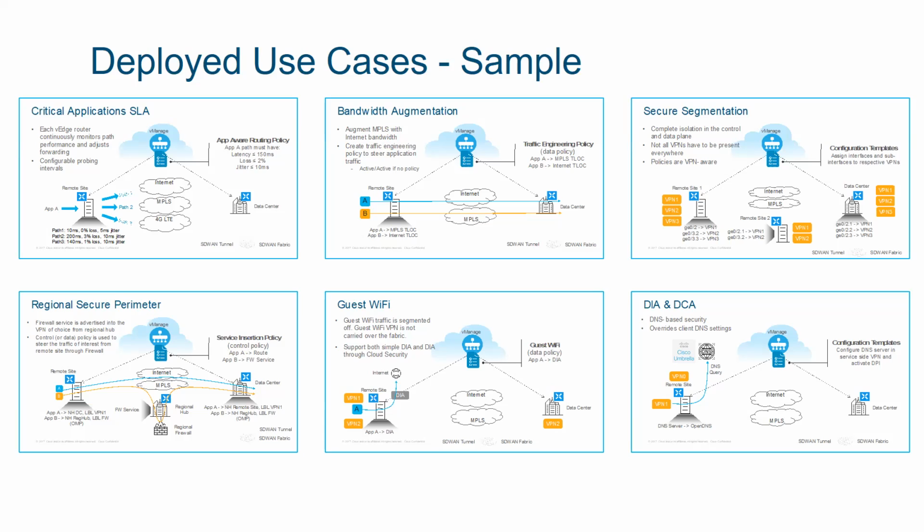Based on the TLOC, we can specify the traffic engineering policy. We are getting secure segmentation. We have the option to configure multiple VPNs in the edge fabric and assign sub interfaces or interfaces to those particular VPNs. And we also get the regional secure perimeter here, like app routing, and it has support for the